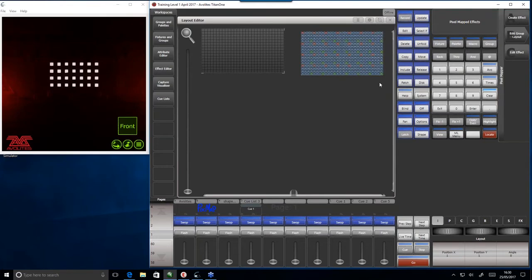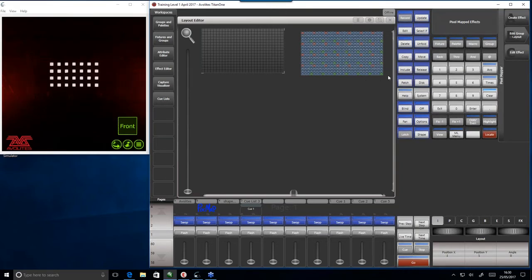Now these are the fixtures here that we've got. Any fixture that you have that has 4 or more cells will be indicated with the first cell as green and the last cell as red. And this is from version 10 onwards, which is really useful actually, because if you find yourself in a situation